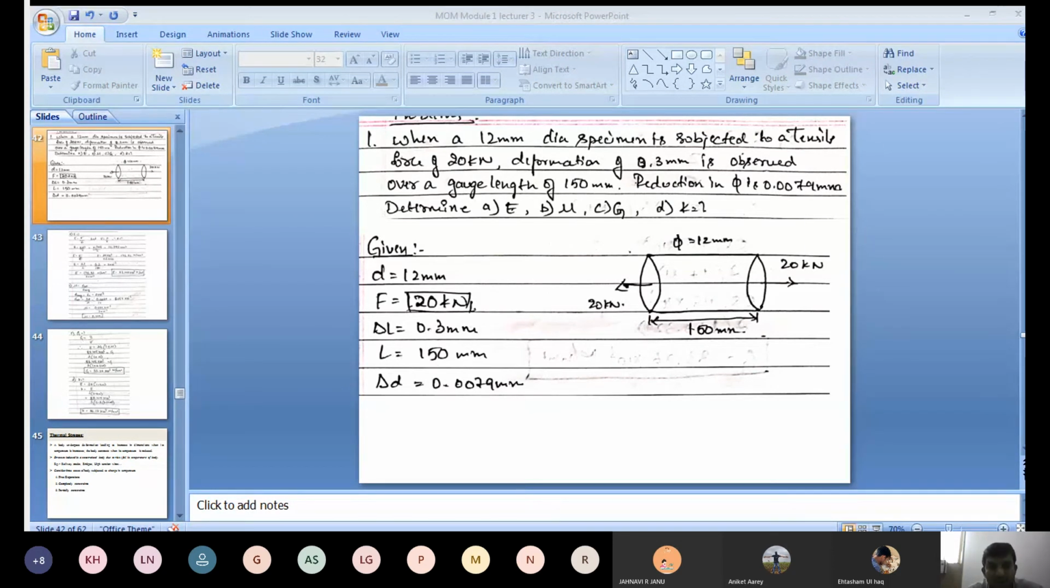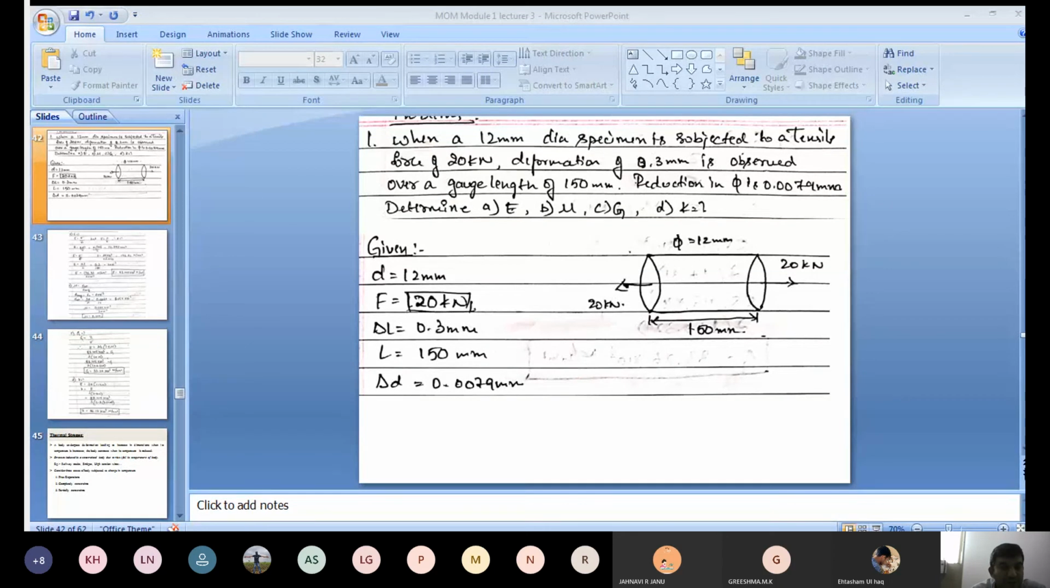Yes, anybody got the answer? 88.4 into 10 to the power 3 Newton per mm square. Be careful about the millimeter square units, right? Yeah, good, Grishma. Next,